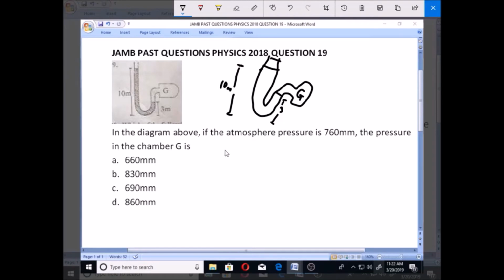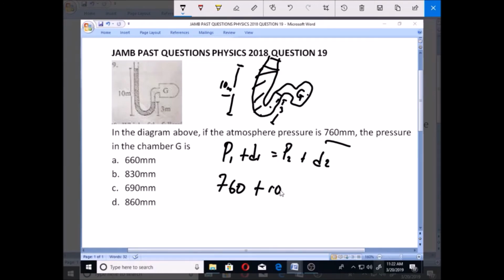So with that, if we are considering this height as pressure 1, we have pressure 1 plus the distance d1 will give us what this one is making, pressure 2 plus the distance d2. So pressure 1 here is the atmospheric pressure, which is 760 millimeters, plus d1 as we can see here is 10,